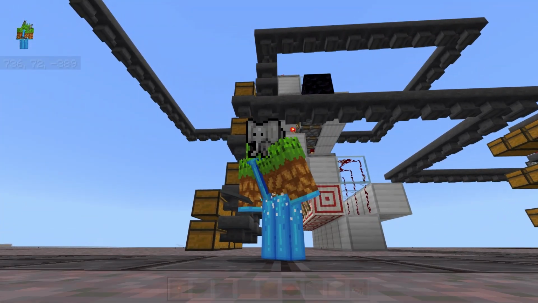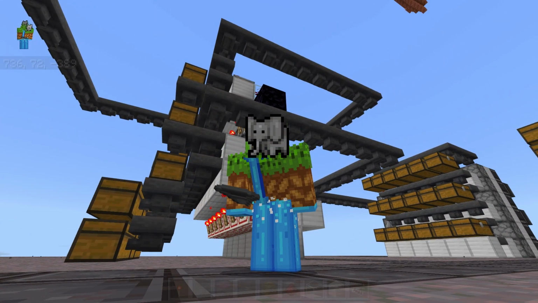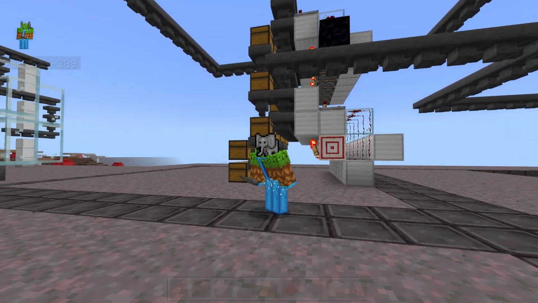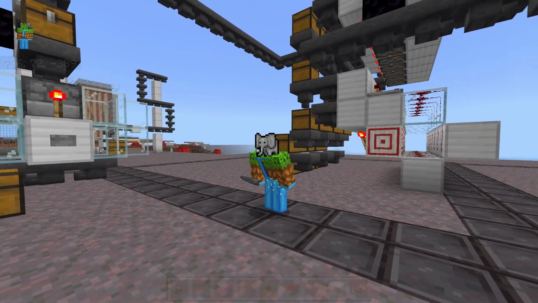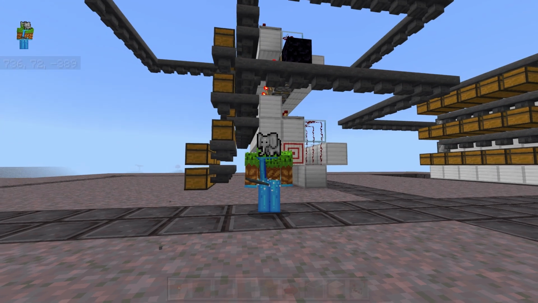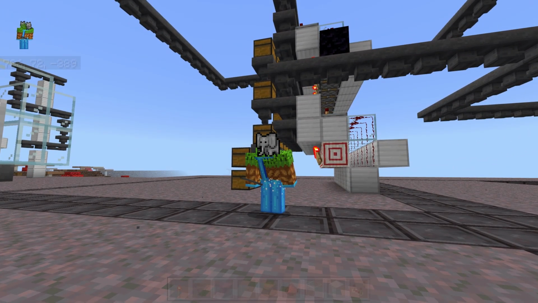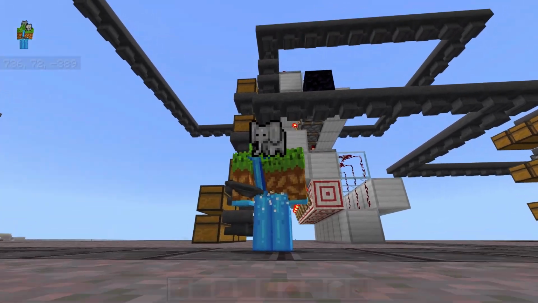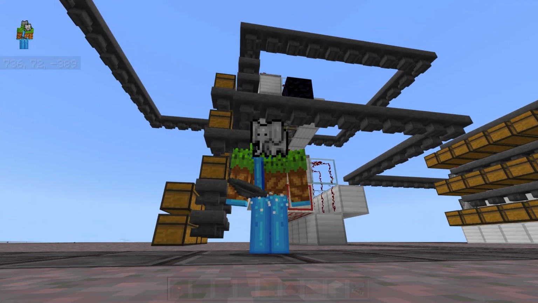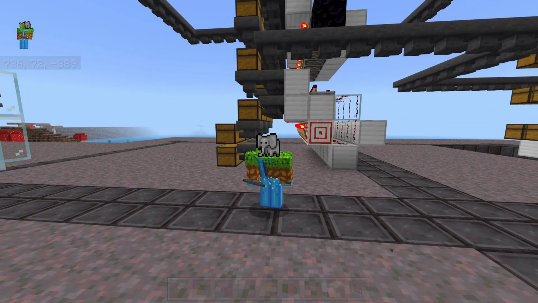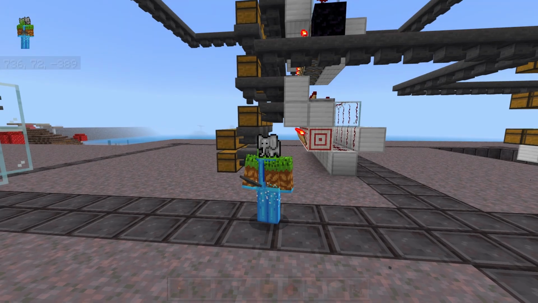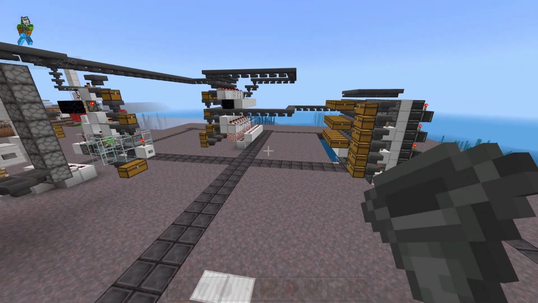If not, let me know in the comments and I will do my best to help you out and try to explain it in another way. But this is just so custom that it really depends on what you're trying to sort together. Like what items are you trying to merge together into the same chests? And if you ever change your mind about the groupings, you can always just change the hoppers. But okay, we are almost done.